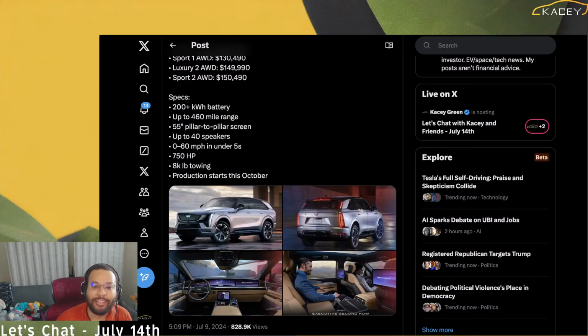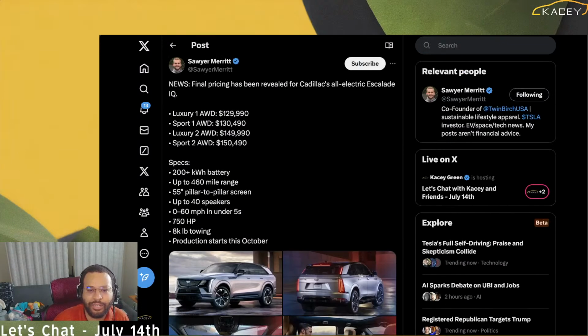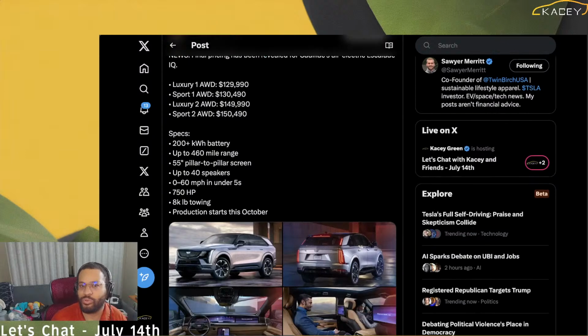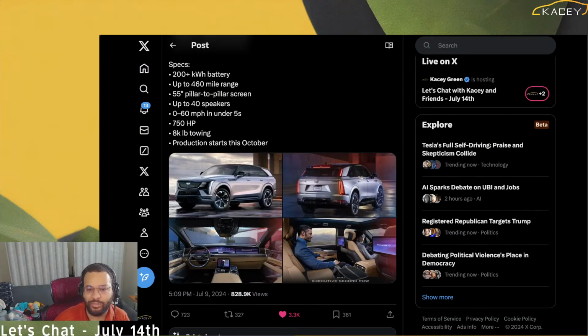Anyway, 8,000 pounds of towing, which is really stout. It's quite nice. That will match the Rivian, and it will exceed the Model X. And it's not a pickup truck, so it doesn't need to be anything more than really a ride. Production starts this October. If it can tow 8,000 pounds, assume that you'll be able to go 200 miles between stops,